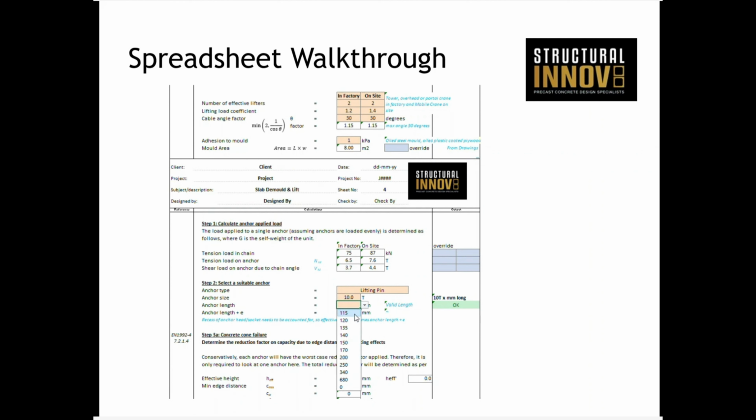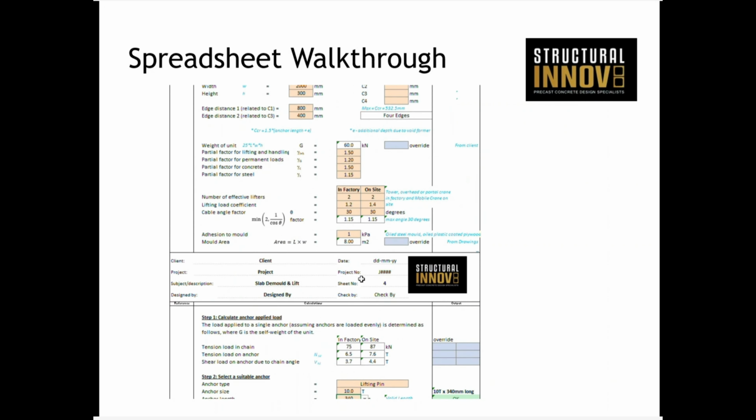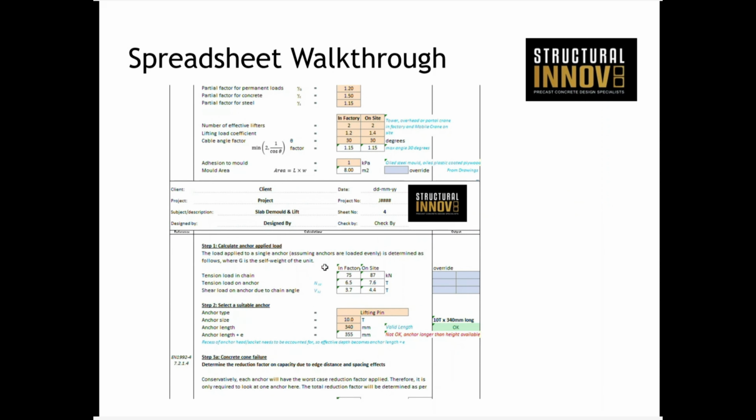So the anchor length is the next thing. We need to make sure that we have the anchor length selected that will actually fit in the unit. So by selecting a larger anchor, 340, it flags to us as not okay because we had a thickness of 300 in there, and then we work down through the options available to see what we can actually fit in there. Those lifting pins are in set lengths, so we just need to select the correct one. And with the dome head recess on the lifting pin, there's an extra 10 or 15 mil that needs to be accounted for as well. So when we do that,